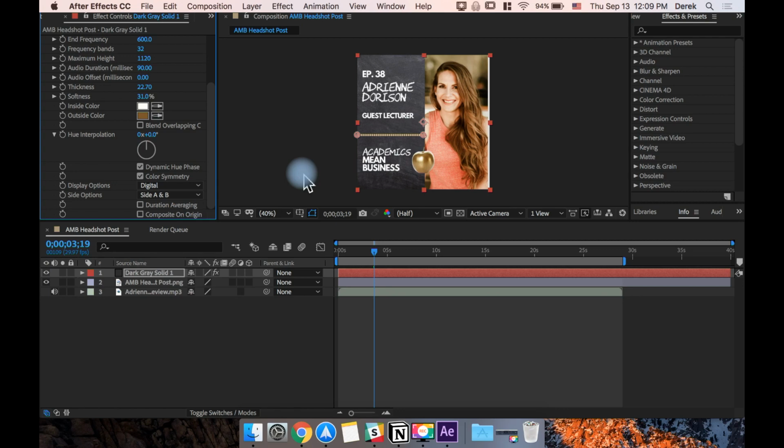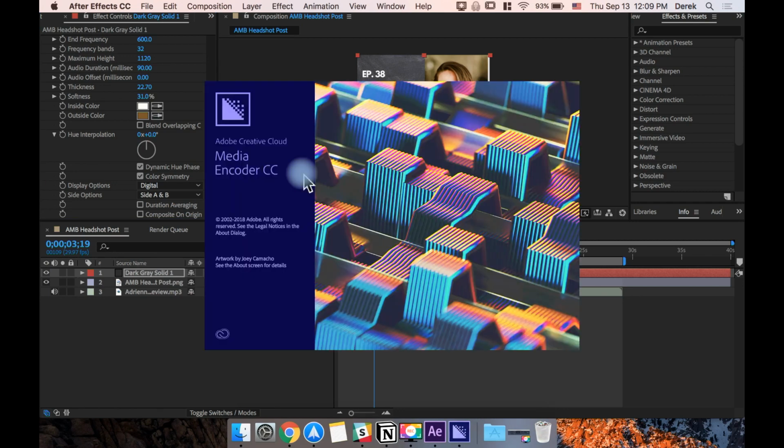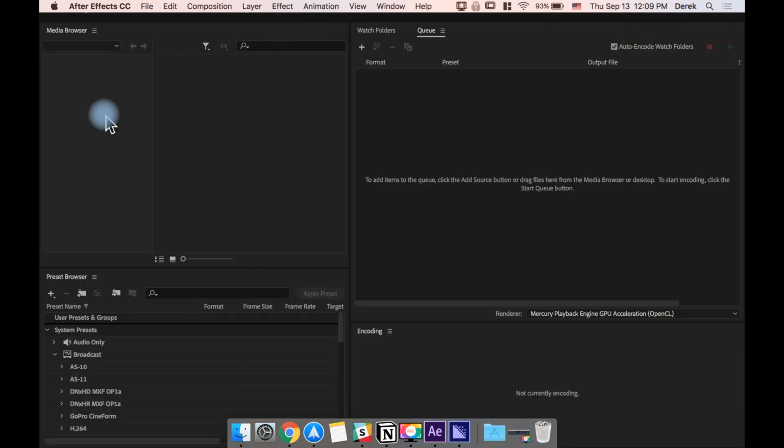And this opens up a new application, a different application, the Adobe Media Encoder. And then once that's synced up, the Media Encoder queue adds this new After Effects file, which then exports it in whatever settings you want. And it should be set up pretty much ready to go to be put on Twitter or Facebook or LinkedIn